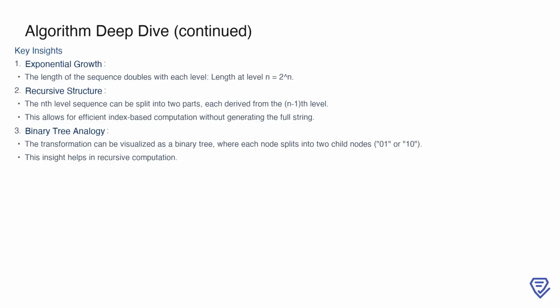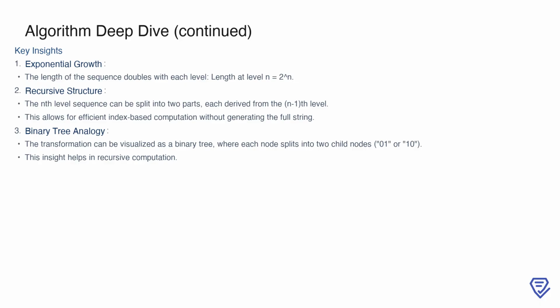First, the sequence grows exponentially, with its length at level n equal to 2 raised to the power of n. Second, the recursive structure of the sequence allows us to break it into two halves, each derived from the previous level. This property is particularly useful for efficiently calculating specific characters or properties. Finally, we can visualize the sequence as a binary tree, where each node splits into two child nodes representing 1 or 10. This binary tree analogy provides a clear structure for recursive computation and helps us understand the problem